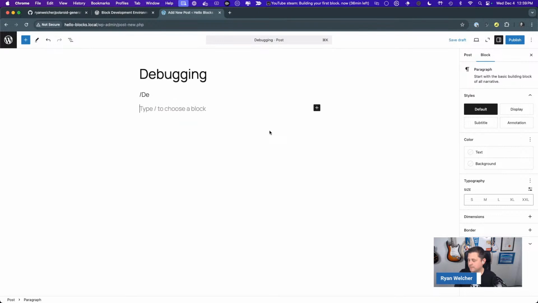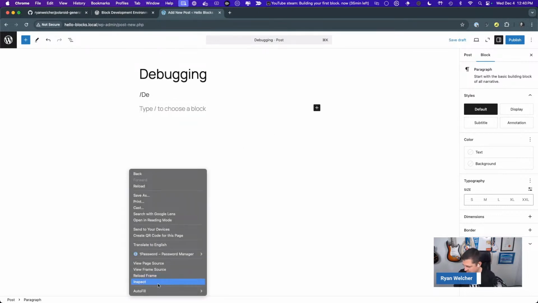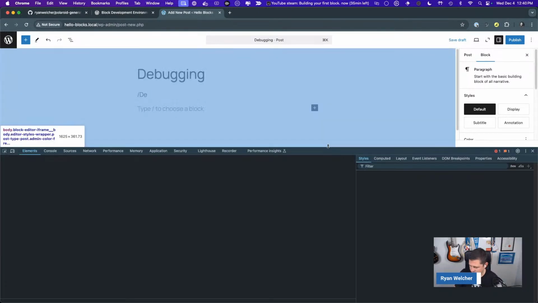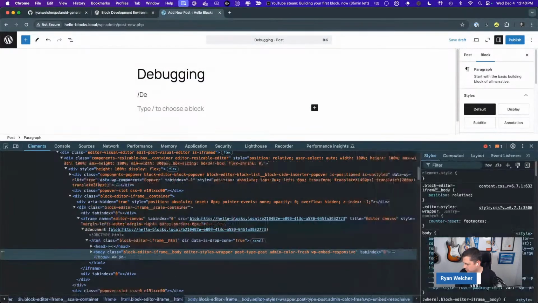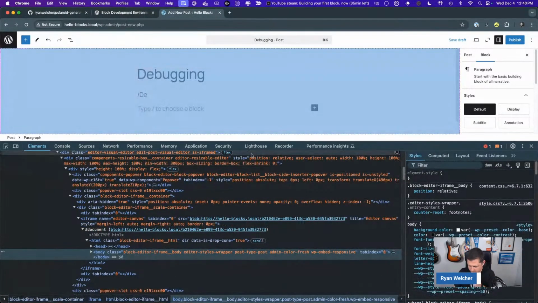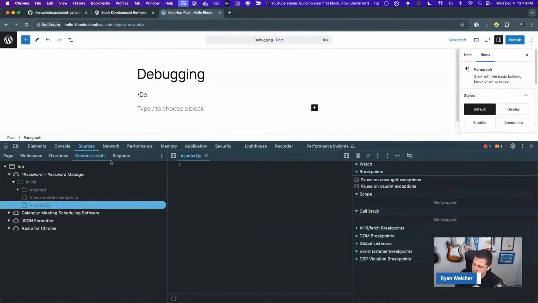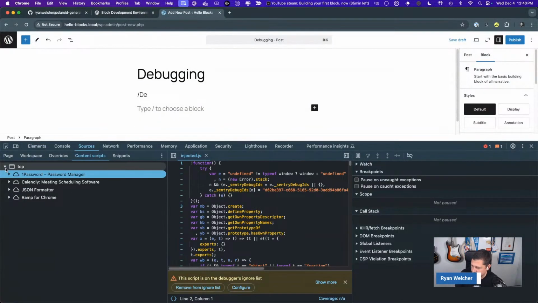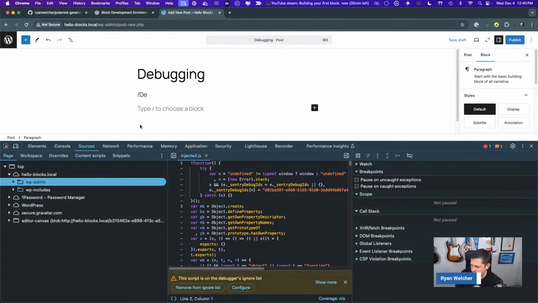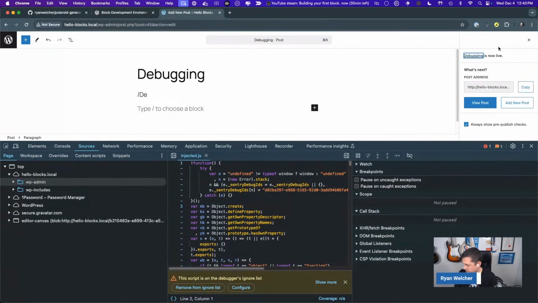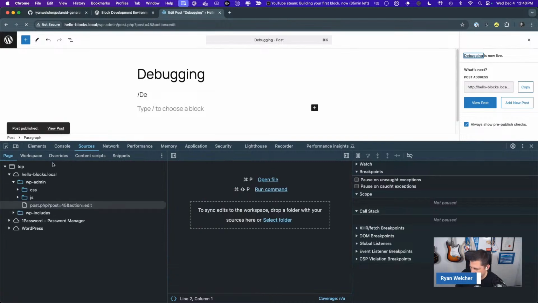Okay, so the first place I look every time is I go into my inspector controls. I'm going to zoom that in so we can see it a little bit. I'm using Chrome, but I think most modern browsers have a way to inspect sources. So what I want to look at is what's being included in here. And I don't see